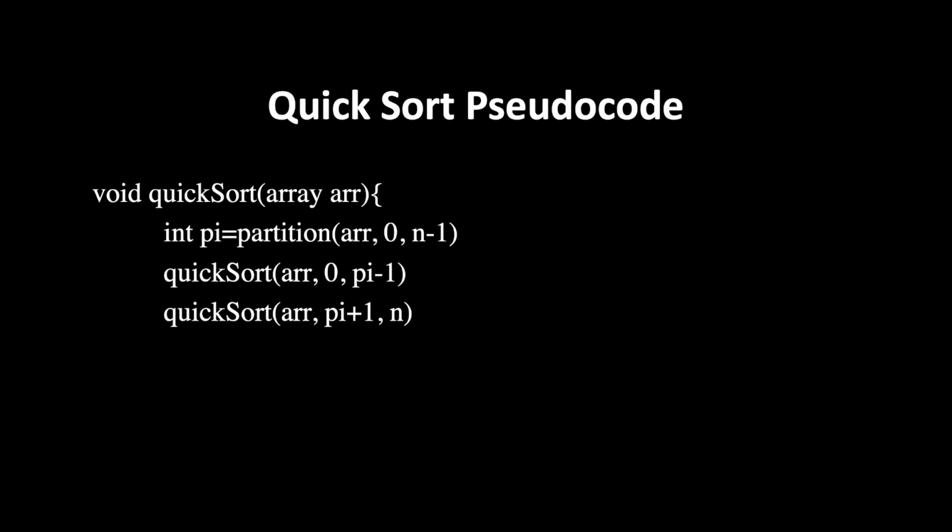What does that mean? This means the pivot element is at the correct position in the sorted array because the elements which are smaller than it are on the left side and the elements which are greater than it are on the right-hand side. Then we will quicksort the left part of the array and another quicksort on the right part of the array. This was the quicksort pseudocode. Now let's see the animation.